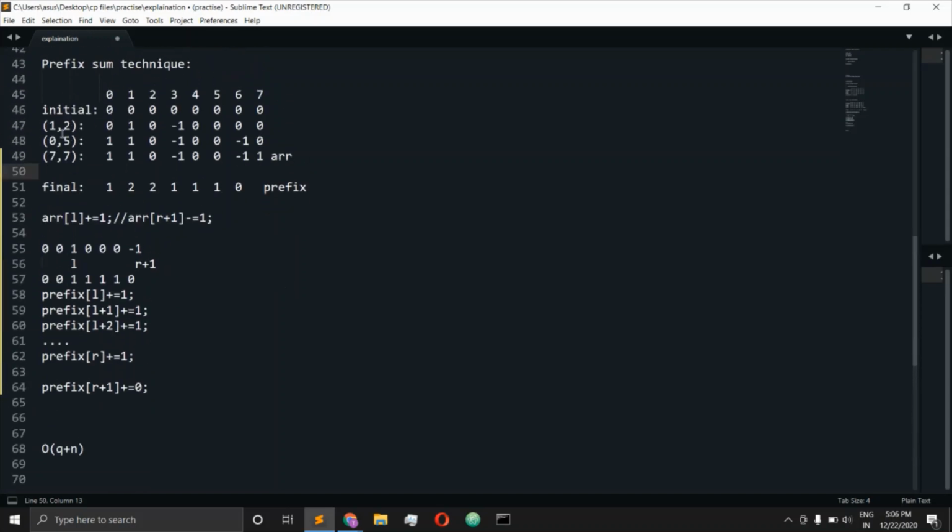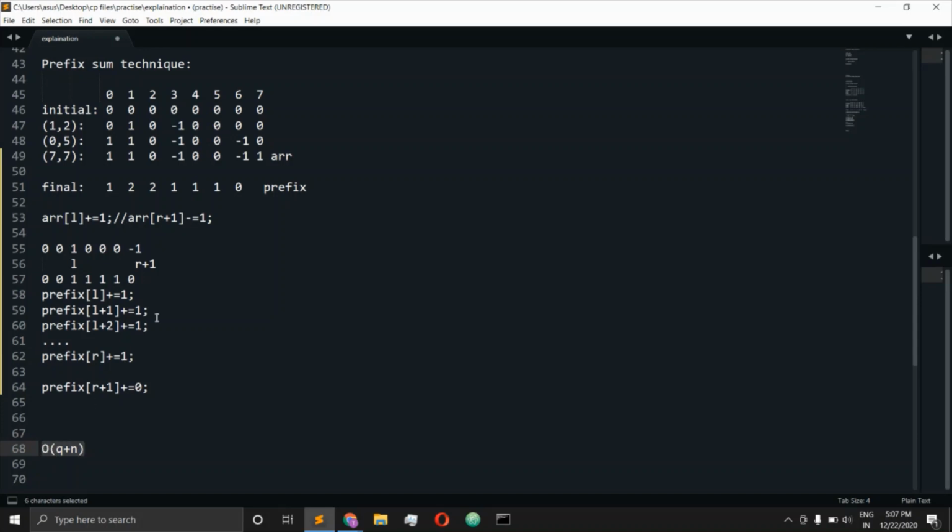Okay, let's find out what the complexity for this will be. Initially I'll be doing all these queries. If you look closely, all these changes are O of 1, so they do not depend upon the length of the array. They are constant operations. We are just doing two operations, or one if R plus 1 is exceeding. Since there are Q operations, the overall complexity for this is O of Q. The final operation is finding the prefix sum, which is O of N. So the final complexity will be order of Q plus N.